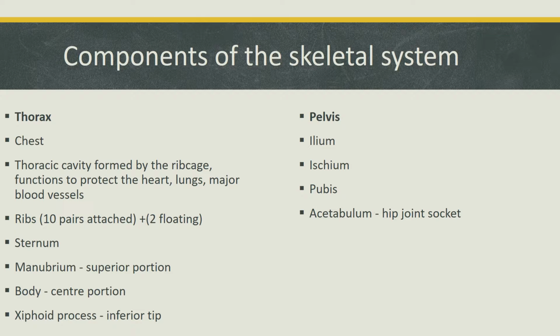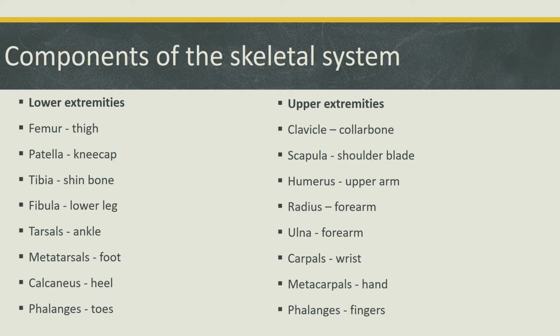The pelvis. The pelvis consists of the ilium, the ischium, the pubis, and the acetabulum or hip socket joints. The lower extremities consist of the femur or thigh, patella or kneecap, tibia or shin bone, fibula lower leg, tarsals ankle, metatarsals foot,